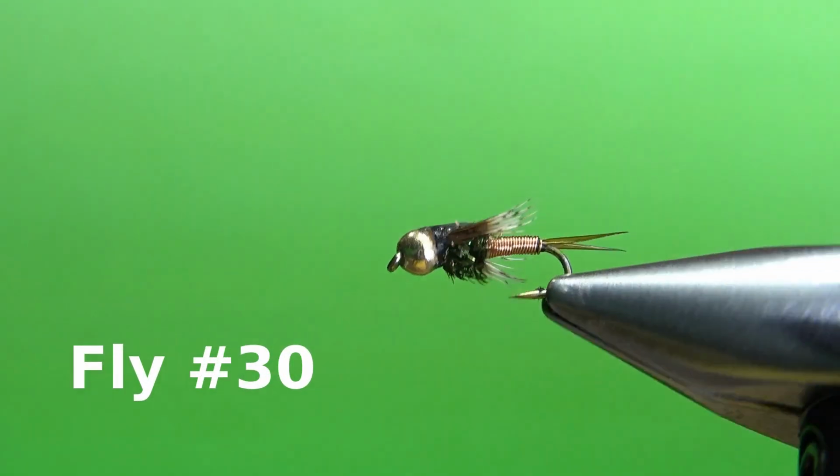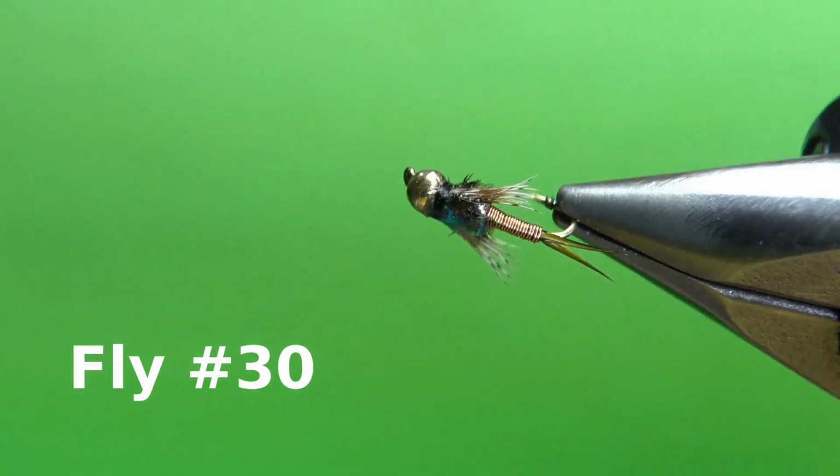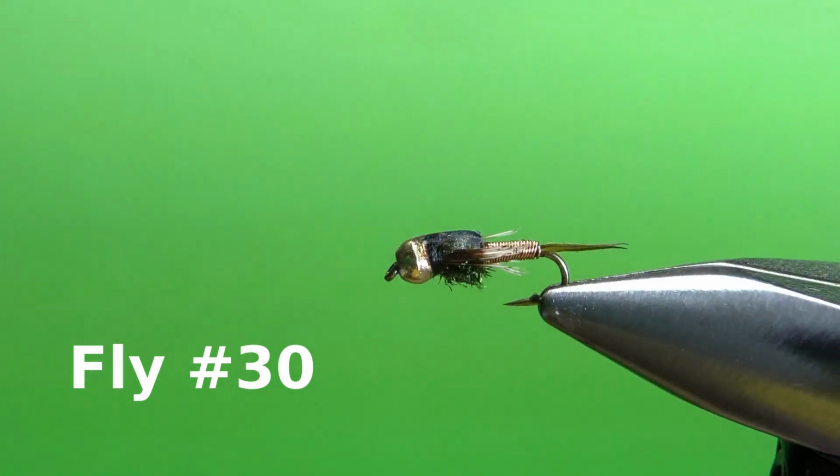Well done, Kira. Great looking Copper John here. Again, good proportions, good material selection, just an overall nicely tied fly. Now next up in 6th place, we have fly number 7 with a score of 85.6, a Grizzly King tied